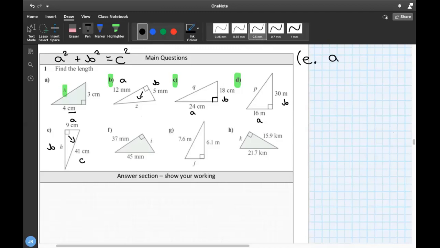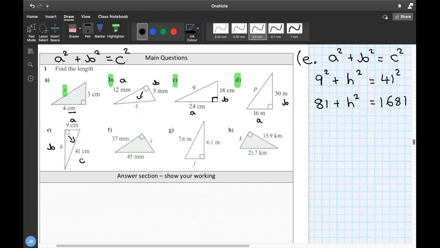So if we just write it out, A squared plus B squared equals C squared. Right then, my A this time was 9. My B this time we don't know. So we're just going to call it the letter that they've used here, which was H. And then my C was 41. Now you can certainly get your calculators out now to do 41 squared. Hopefully you don't need them for 9 squared, that's going to be 81. So we've got 81 plus H squared, haven't done anything with that. I now need to do 41 squared. 41 times 41 will give you